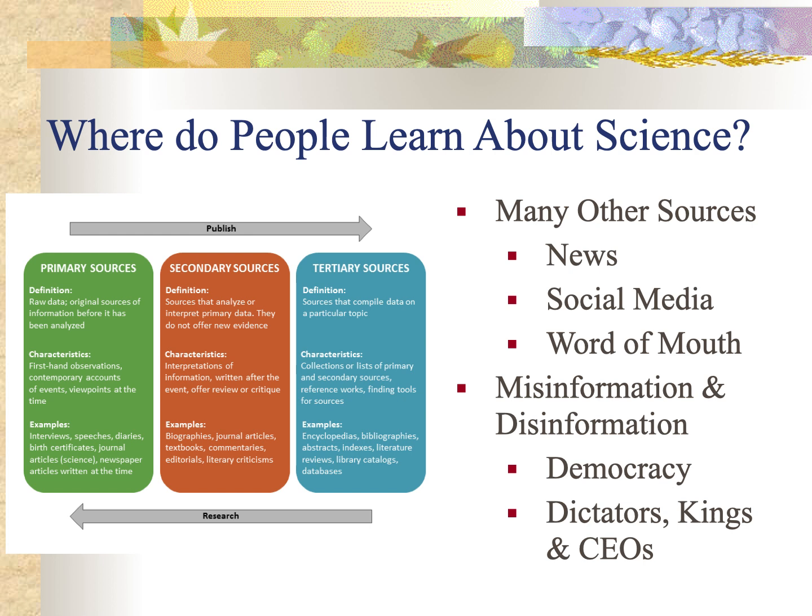Often this is by people that have financial interests or other interests in you not learning about science. In democracies, one of our jobs is to sort out right and wrong information. And of course, with the internet, it's harder now than ever because anybody can make a pretty nice website. That's one thing we have to deal with. One of the strengths of democracies is that we can change our leaders. When it becomes clear that someone is doing something that's not going to work, we can vote them out and put in someone that's going to do something else. That's one of our strengths.